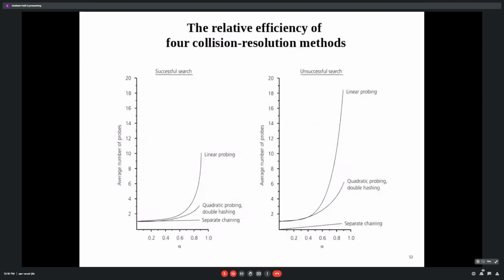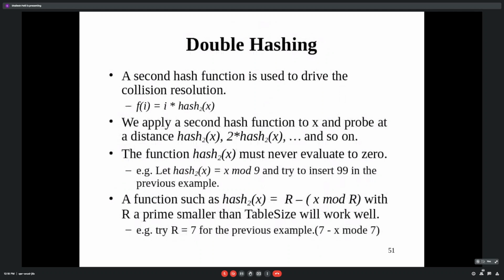In double hashing, collision resolution works like this: f(i) = i * hash2(x). We apply a second hash function to x and probe at that distance, so it will be 2 * hash2(x), and so on.